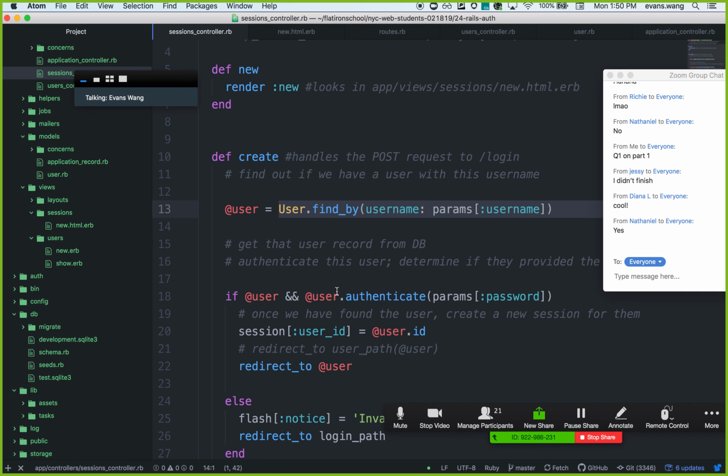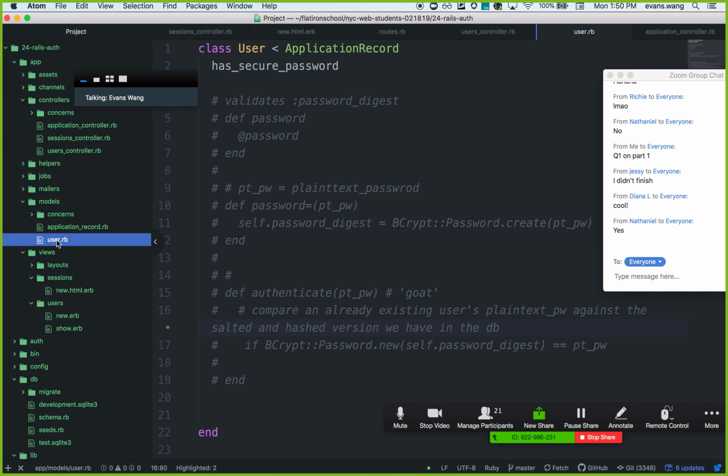This is going to be important because if you remember from part 1 of this lecture, we have a method that has_secure_password built for us, and that is called .authenticate. This is an instance method. So let's take a look at the user's model. Here, right? And this authenticate will take in a plain text password, and then what it will do is it will create a bcrypt instance from the password digest, that hashified string that we did save in the database, which was better than the plain text,